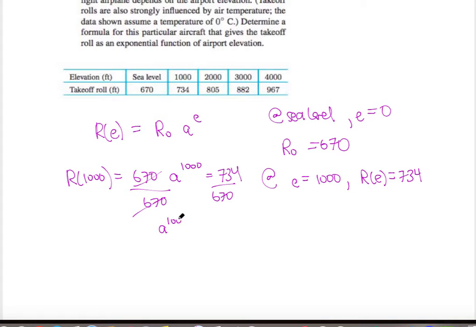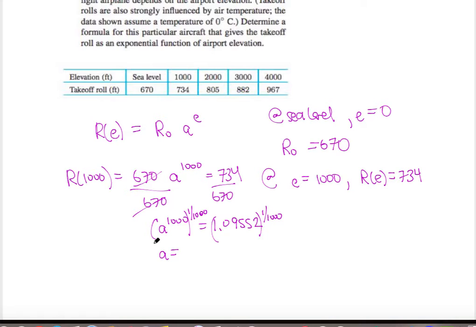And so A raised to the 1,000th power is 734 divided by 670, which is 1.09552. And so our A, which we can just raise both sides to the 1/1000th power, will give us